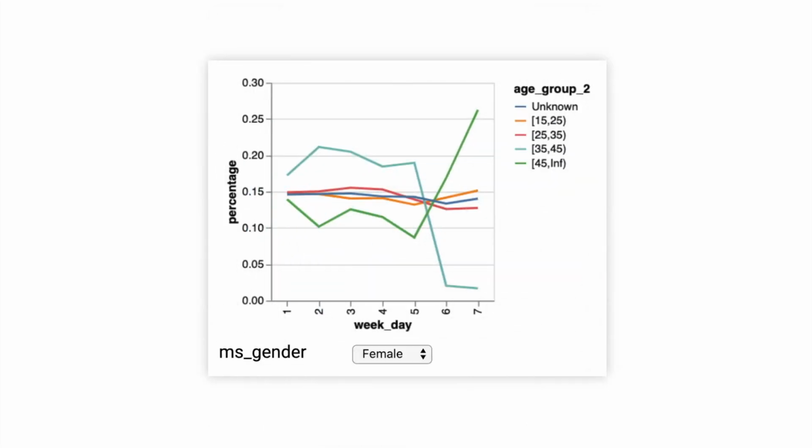This interactive plot is made by Vega Lite. In the plot, we aim to search whether the streaming activity is related to weekday and weekend. We use the ratio of the number of plays each day to the total number of plays a week as the y-axis. The x-axis represents the day of week.